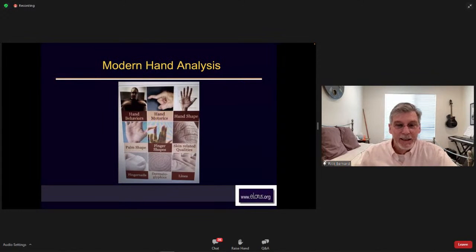And then finally, hand analysis is what really caught my imagination when Richard Unger read my hand, took a glance at it for about 30 seconds and told me so much about myself. So as you can see, this has really been an interest of mine for a long time. So I really want to share it. It's fun stuff. There's always something to learn. I'm still learning. I feel like I'm a beginner in some ways, but we're going to really concentrate on personality